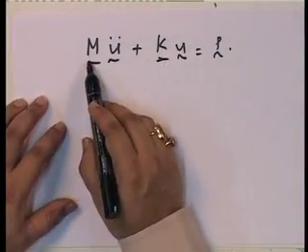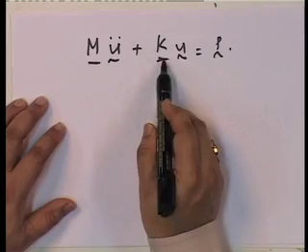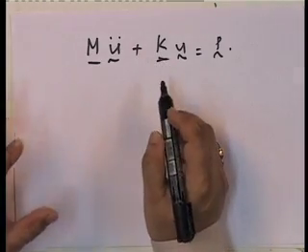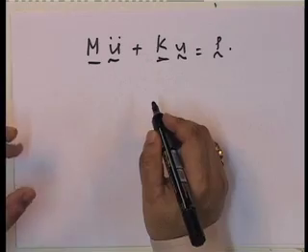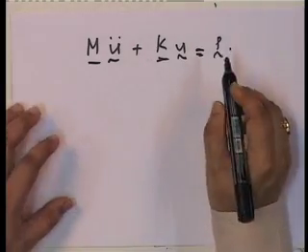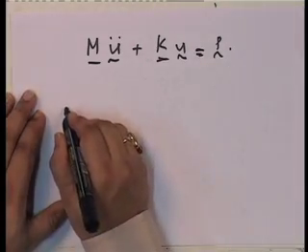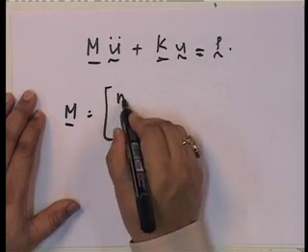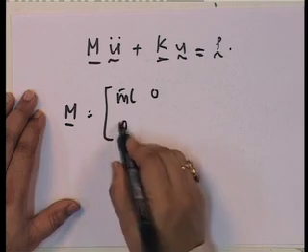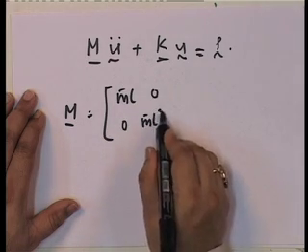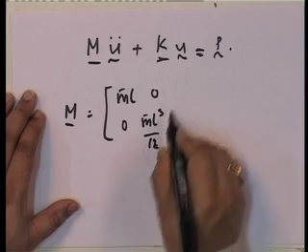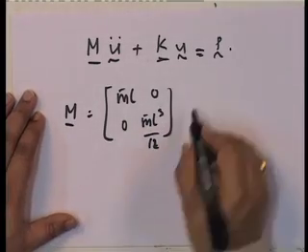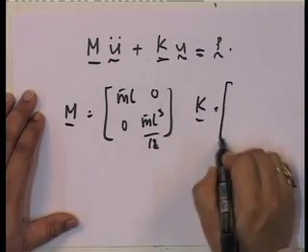Okay, if m or k or both are not diagonal matrices, then automatically the system becomes coupled, and in this particular case m is equal to m bar L 0 0 m bar L by 12,